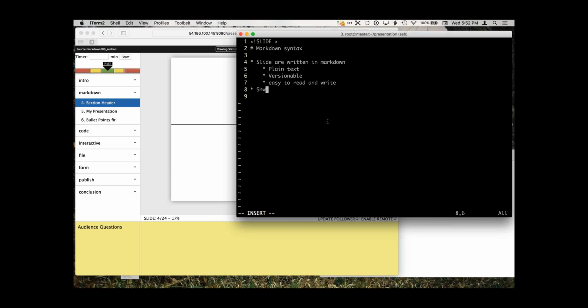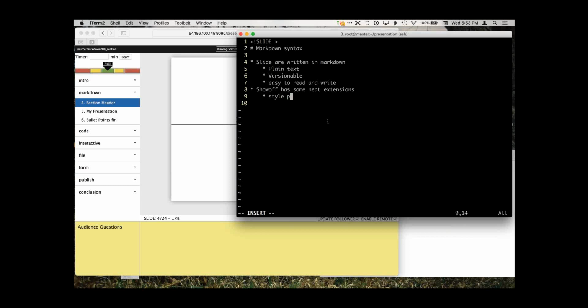Showoff has a couple of really neat extensions to Markdown, though. You can add your own styles. Markdown allows you to, basically any text you type into a document, if I were to just write some words here, the Markdown renderer would turn that into a paragraph in HTML. But what we can do is style tags.